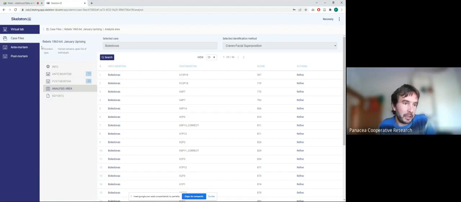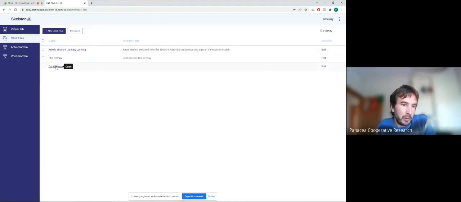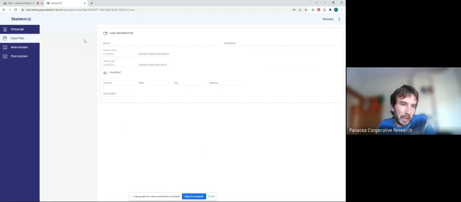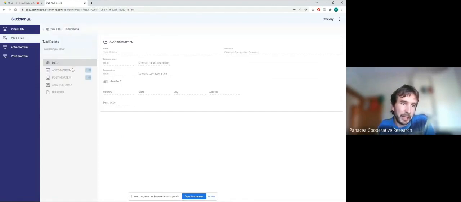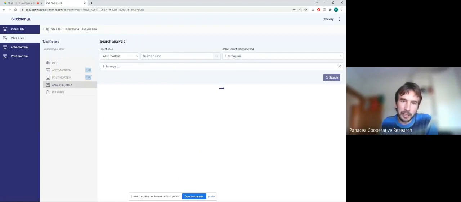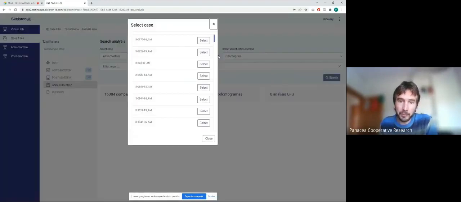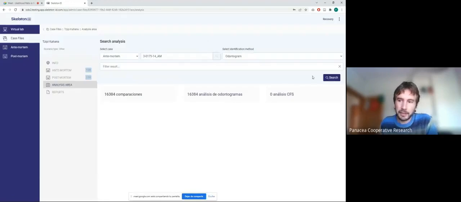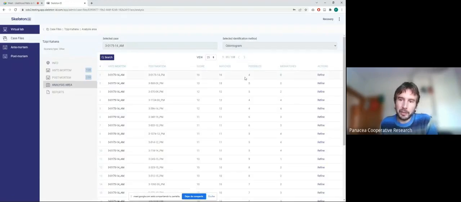And another example would be in the field of dental comparison. We have data provided by Chipi Kahana. I think Chipi is with us today. She provided antemortem and postmortem odontograms of 128 cases. And we can do the same. We can select one case and look for the best potential matches among the 128 postmortem cases. And we have a score. And this score, again, could